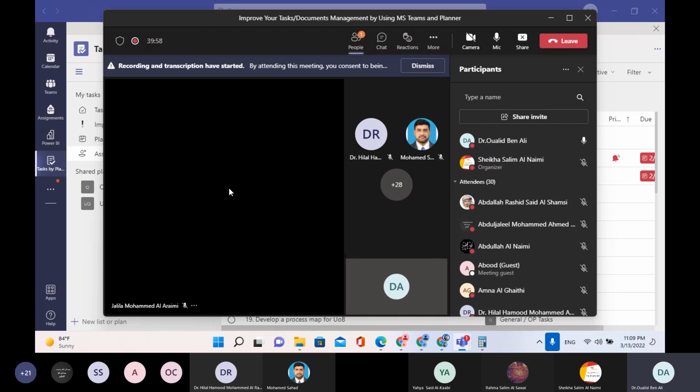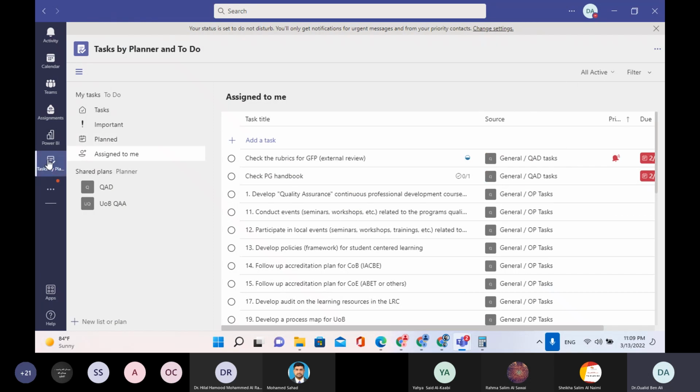This is very important because I want you to practice this right now. So please let me know if you have difficulty adding the task planner. So when you add the task planner here,